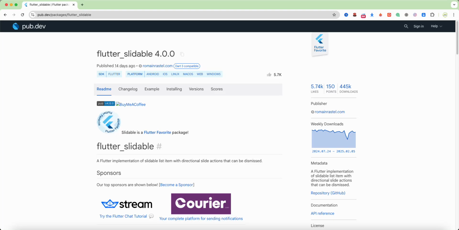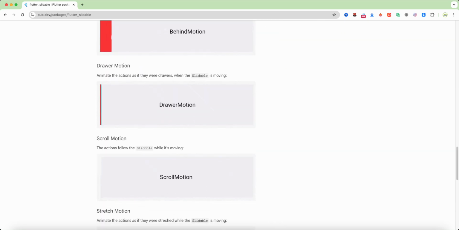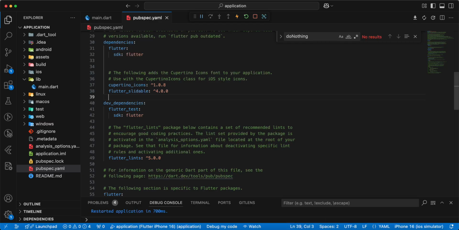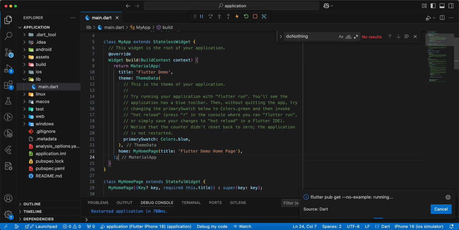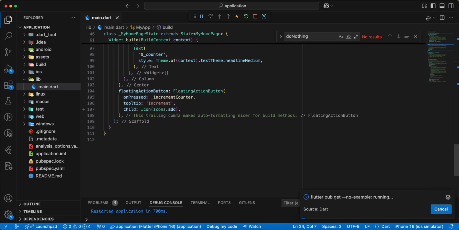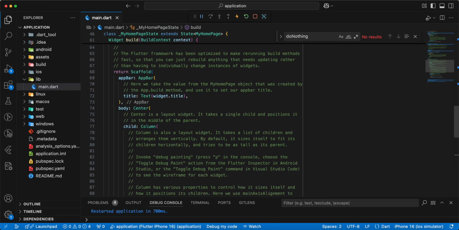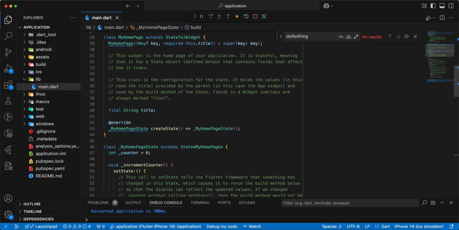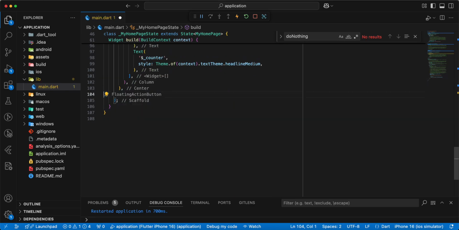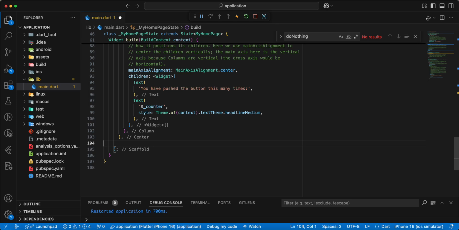In this video we speak about Flutter Slidable. Now we add this package to pubspec.yaml. Then we open main.dart, update MyHomePage, update Scaffold,